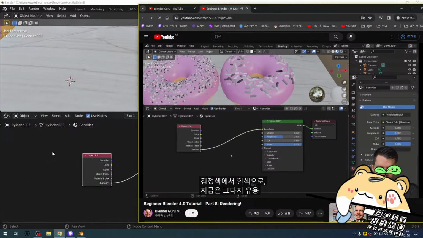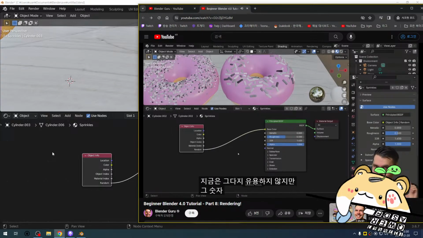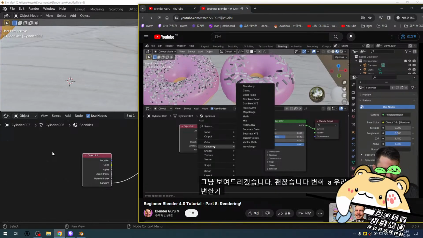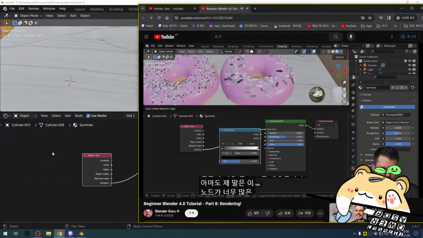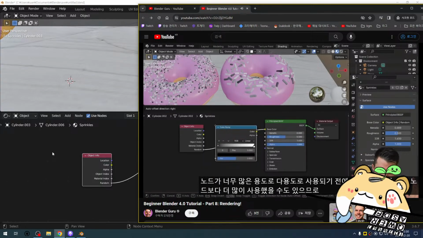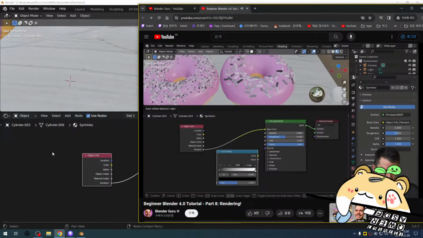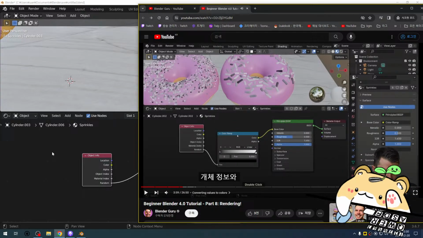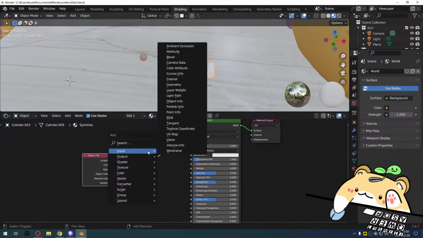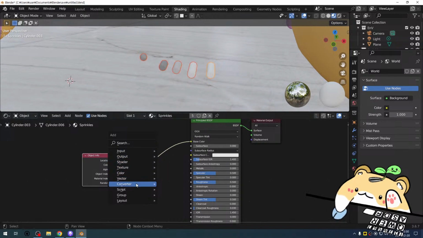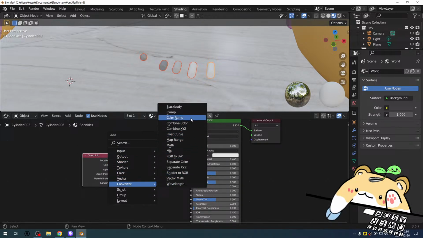Not very useful right now, but we can use those numbers. I'll just show you. Okay, Shift A, we're going to go converter color ramp. I might have used this node more than any other node in Blender before. It's so versatile, used for so many things. So drop it in here between the